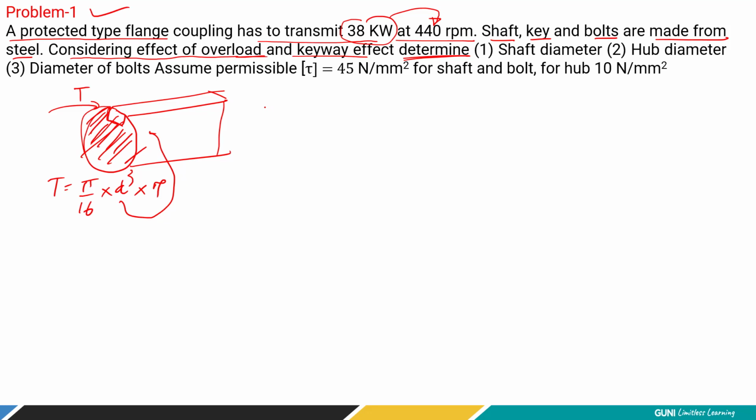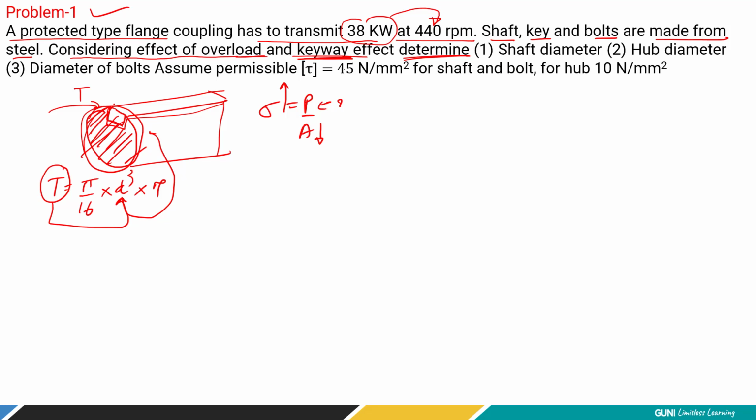Now you know the stress equation: stress is equal to load upon area. If you reduce the area for the same given load, the stress induced will be higher. So the torque which we are transmitting, based on that we found out the diameter. But in actual practice, we have the same diameter, but we cut out a recess for the key, which is referred to as the keyway. By removing this much material, we are weakening the shaft. Because of the presence of the keyway, we are removing material and weakening the shaft.